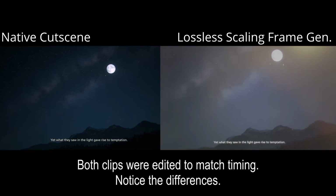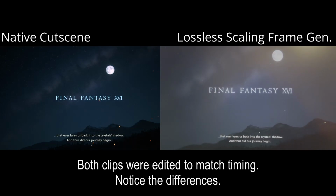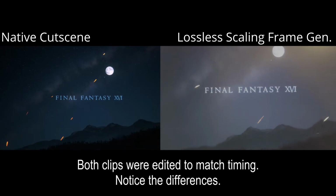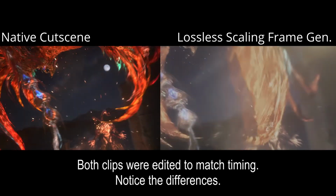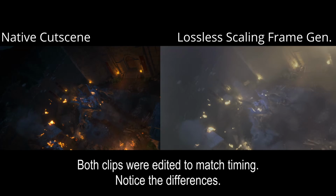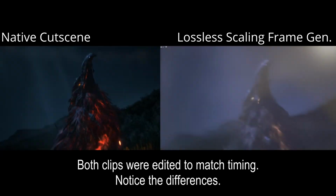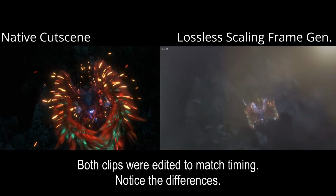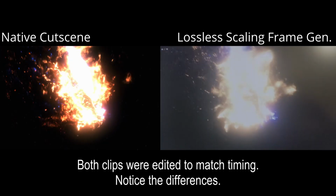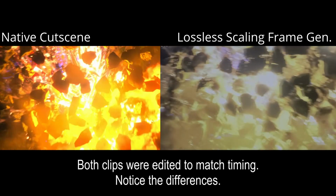Unfortunately, I had to record the Lossless Scaling frame generation using my phone as the only capture device, because if you were to record the upscaling alongside the frame generation, the video becomes very, very choppy, and it just doesn't showcase the smoothness that I'm actually experiencing when I'm playing the game with the upscaling and the frame generation as well. That's the reason why I use my phone to record, and you can probably see the difference there. Like the footage that is natively recorded is actually 30 frames a second, which looks very weird considering